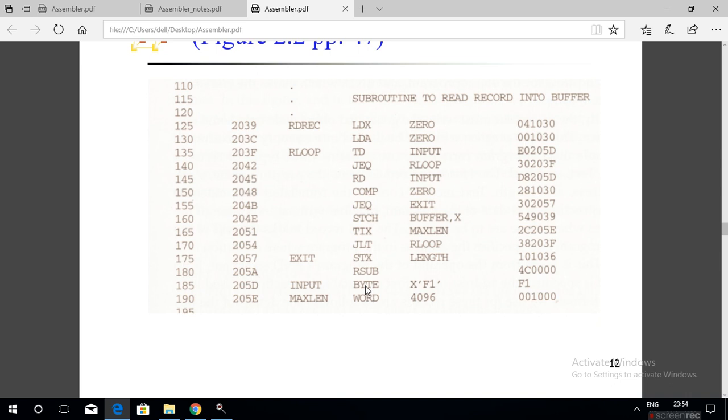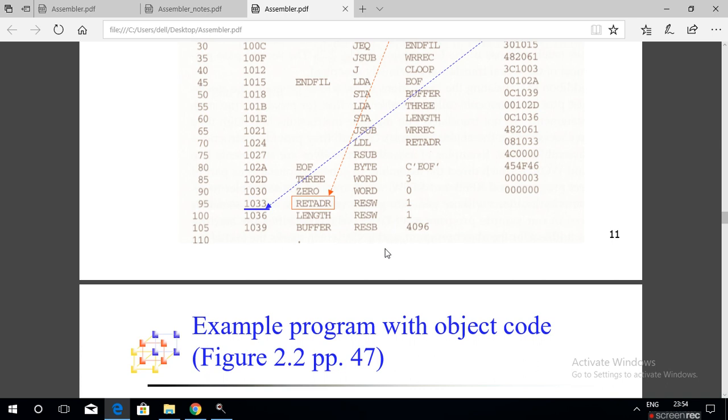If the opcode is BYTE, add 1 to the location counter value. If the opcode is a machine language instruction, increment the location counter value by 3, because the length of all these instructions is 3. If the opcode is WORD, update the location counter value by increasing it by 3. If the opcode is BYTE, increment it by 1.